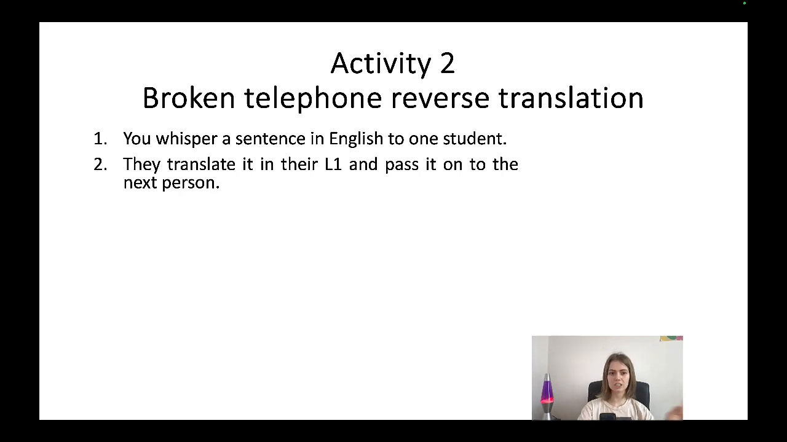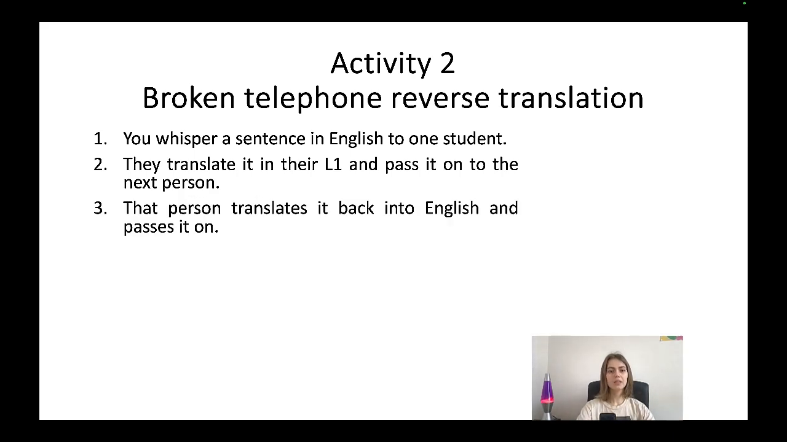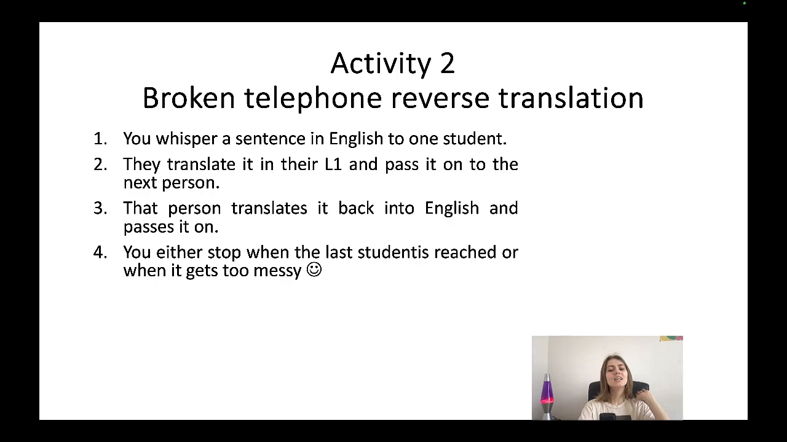So they don't whisper in English, they whisper in their L1. That next person listens to that sentence and then translates it back into English, and then passes it on to the next person. And then they keep going like that. So it's English, L1, English, L1, English, L1. And there are 2 options when you could stop with this. It's either when it's the last student, or if it's getting a bit too messy, and you can't control the